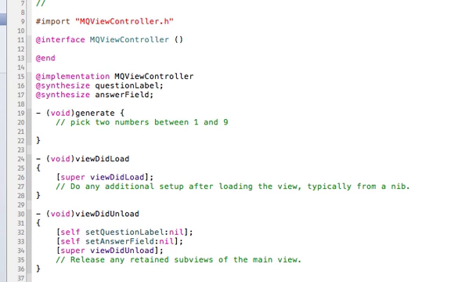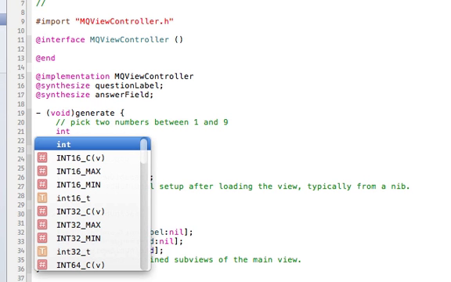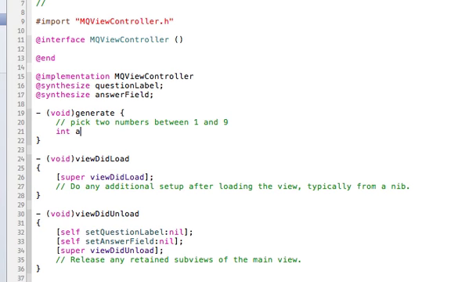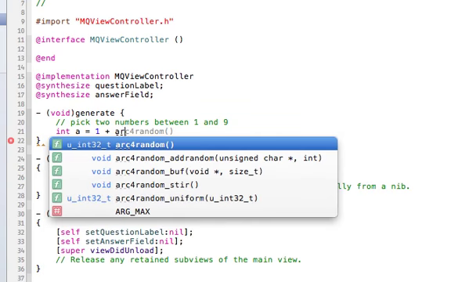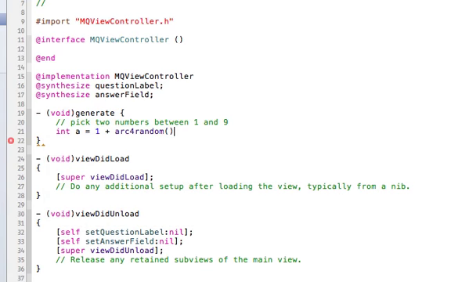So the first thing is we're going to declare an integer a. So type int, and you see it's trying to help me, but for a three-letter type, it's no big deal, so I'm just going to ignore code completion. A. And we'll initialize it to 1 plus, and there's a particular random function that basically returns a large random integer, and that is called arc4random. And as we start typing this, it kind of guesses what we're going to do, and that's exactly what we want. So I'm hitting enter,